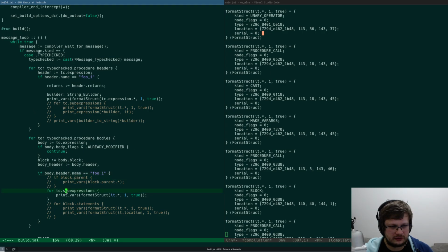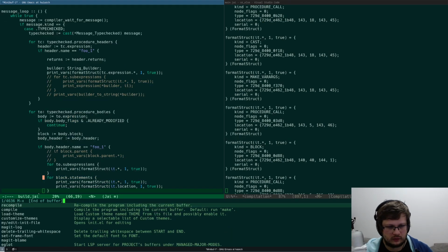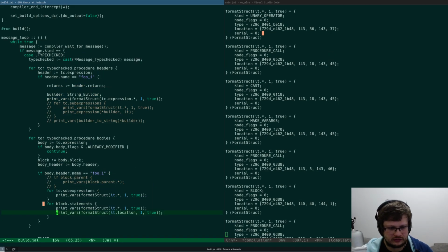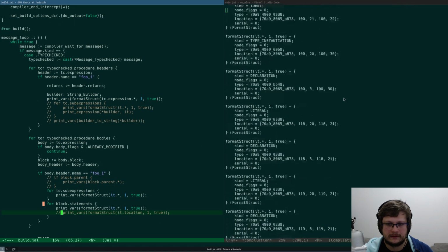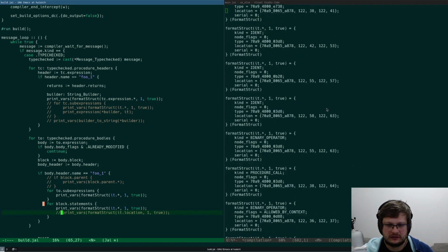If header to sub expressions. Okay, let's not do the sub expressions. Let's do statements without location. Same thing. It's like a lot of stuff.